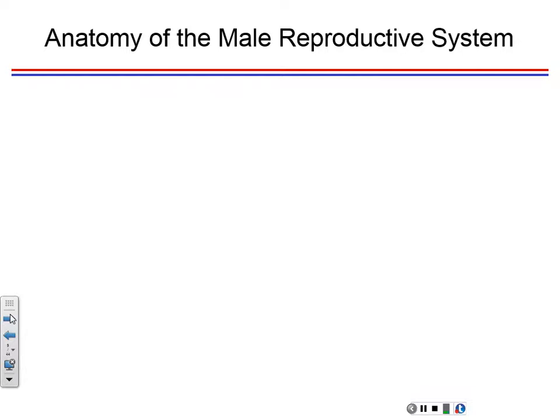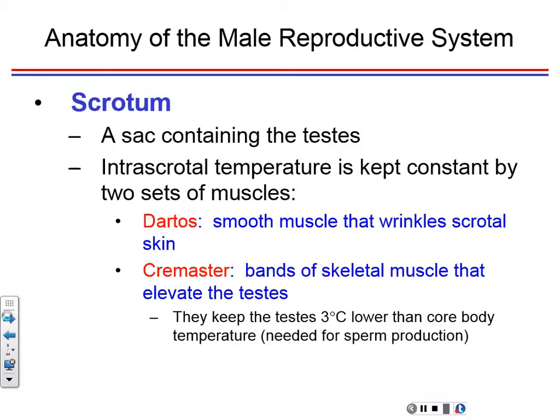When you line up the ductwork, how sperm travel from the seminiferous tubules all the way to the outside, those are the things I'll be needing you to track when we do this. So the scrotum, of course, is a pouch of skin and connective tissue that suspends the testes below,